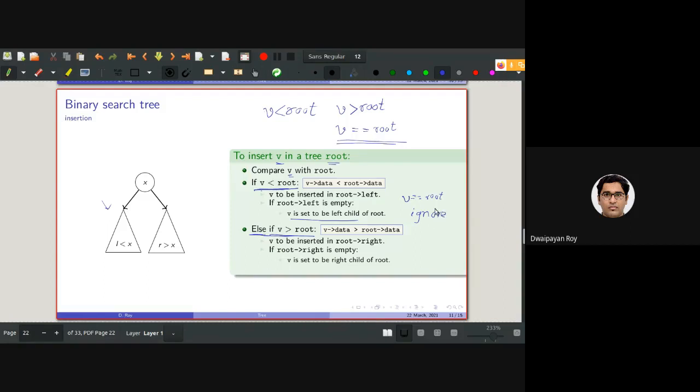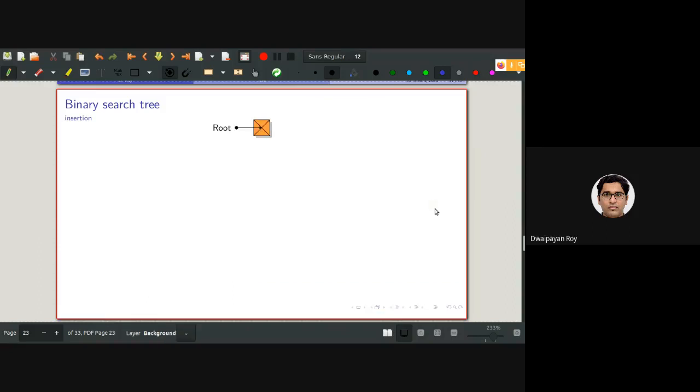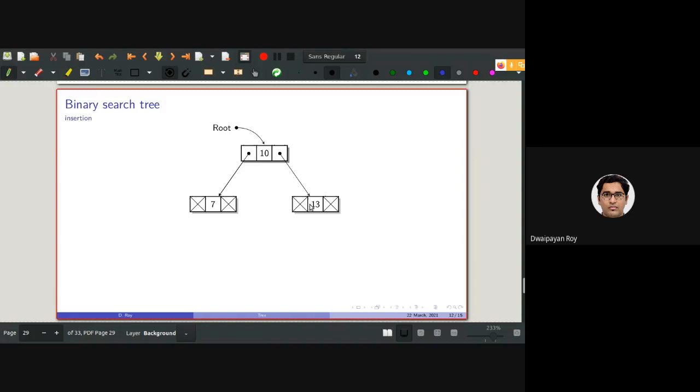All right. Just to end our discussion on insertion, root will initially be pointing to null. This is again a binary search tree as we have discussed. For example, if I add 10, root will be pointing to 10. Now if I add 7, the left of 10 will be pointing to 7 and root will remain here. And if I add say 13, the right subtree of this root will be changed to point to the newly added node 13 here.